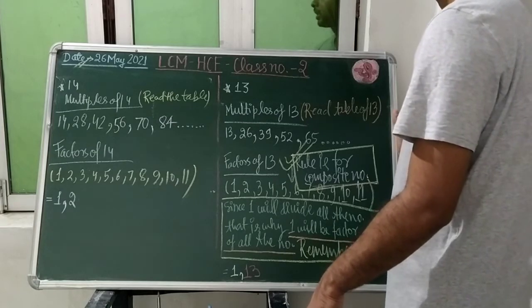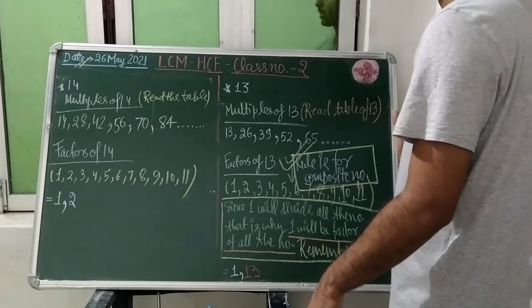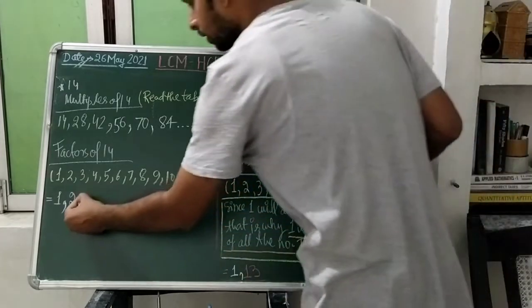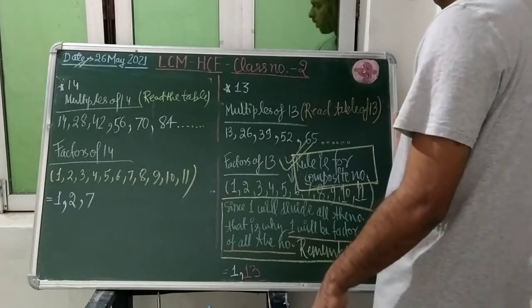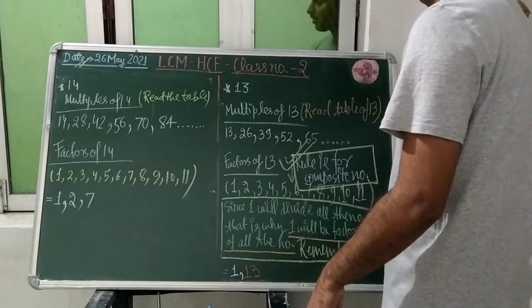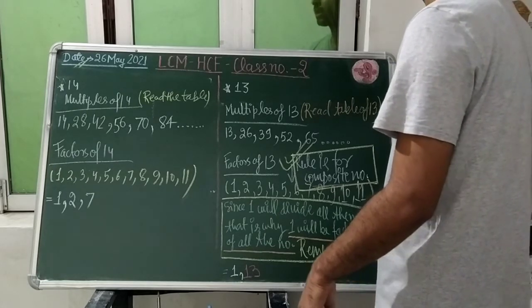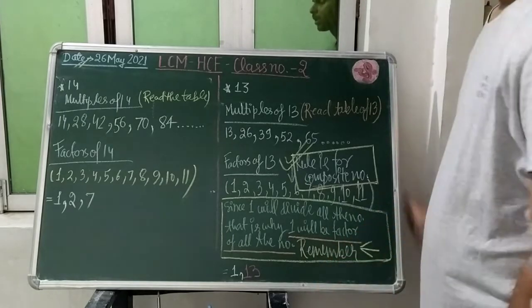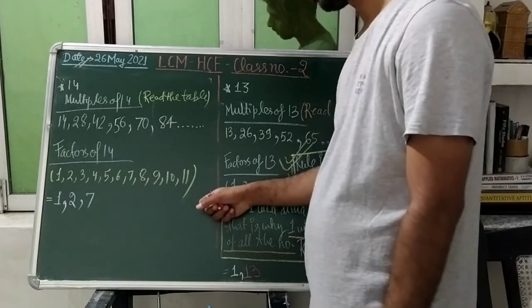When shall we talk about 6? Is 6 going to divide 14? No. Is 7 going to divide 14? Yes. 7 2s are 14. So 7 will be a factor of this number 14. Whether 8 will divide 14? No. Will 9 divide 14? No. Will 10 divide 14? No. Will 11 divide 14? No. So look, students, if we are talking about a composite number, we will apply this to it.